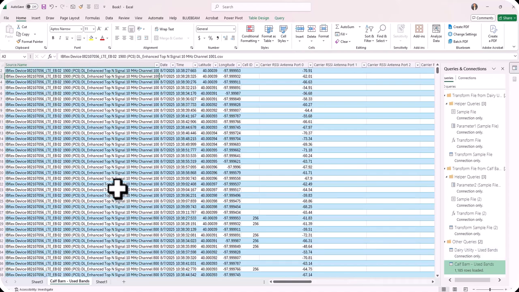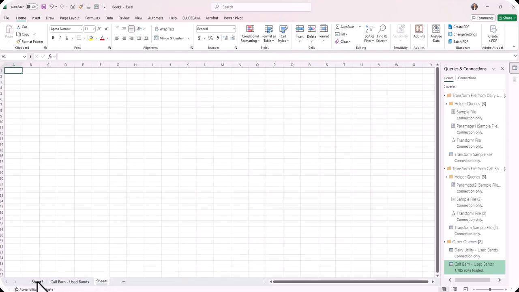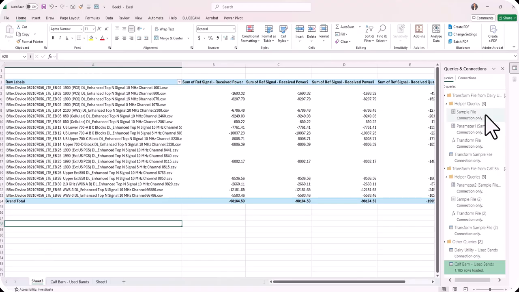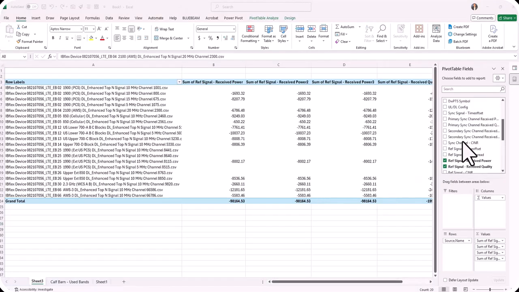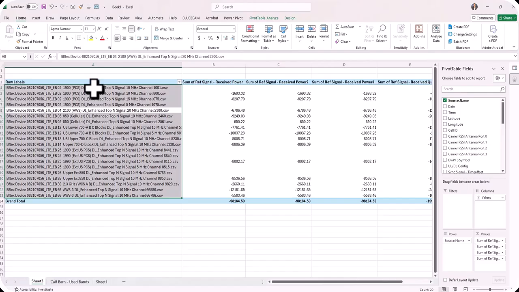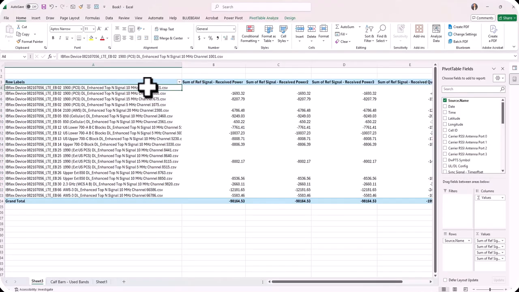1,185 rows of data, and it's unique on these channels. And so then I created a pivot table to that effect. And so the pivot table uses the source name for the columns. So it takes every unique channel name in here, and it gives the statistics for that particular